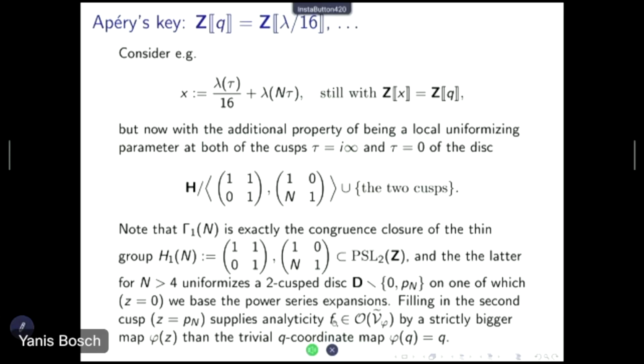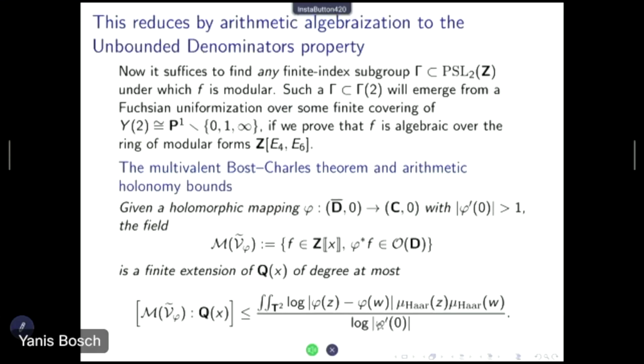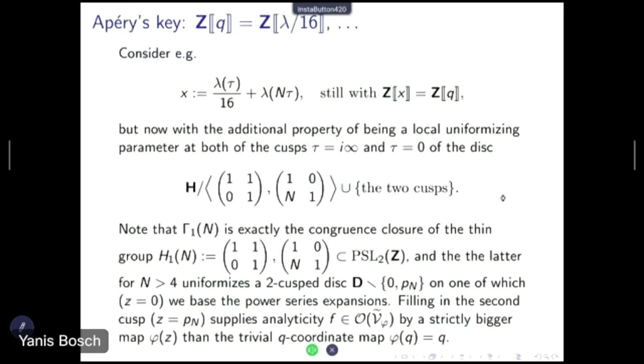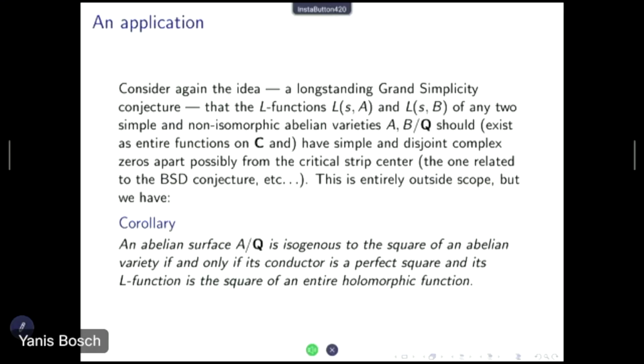And that would put the algebraicity task into the scope of this holonomy bound or algebraicity criterion, now that this pseudo-concavity condition would be in place. And as an application,